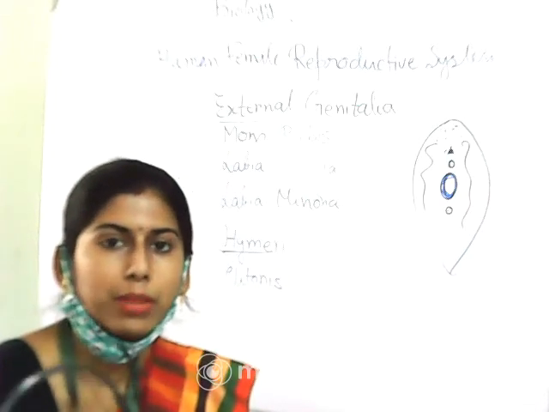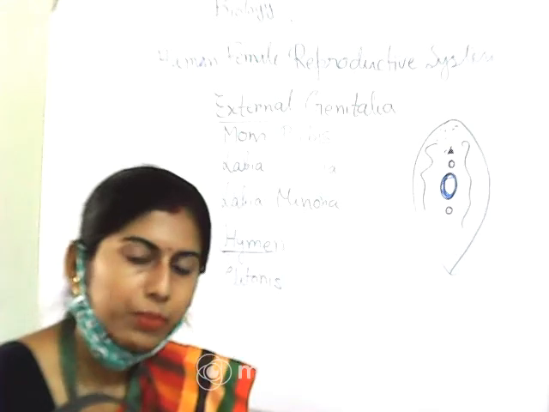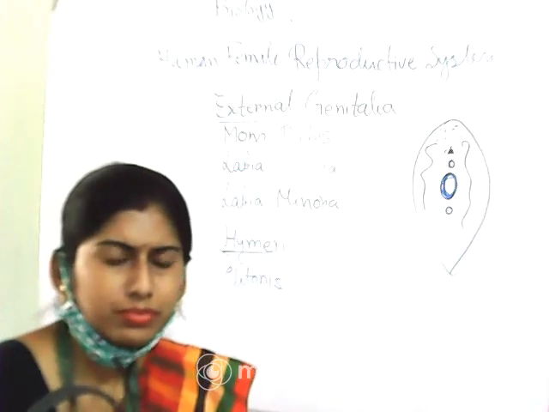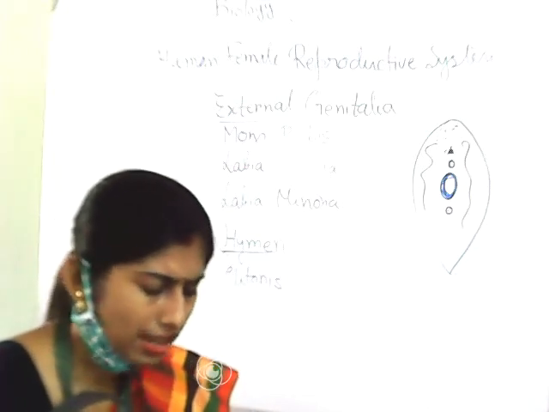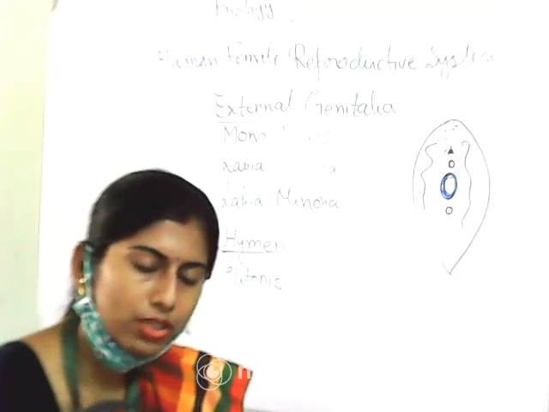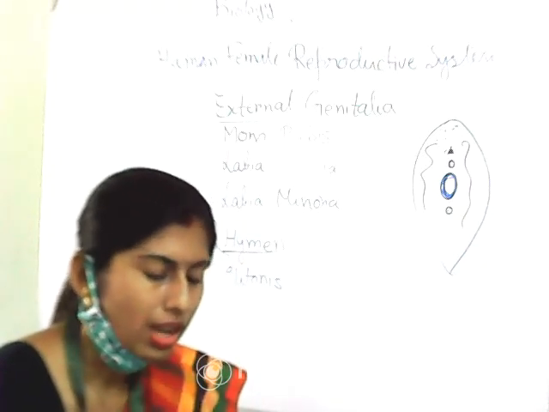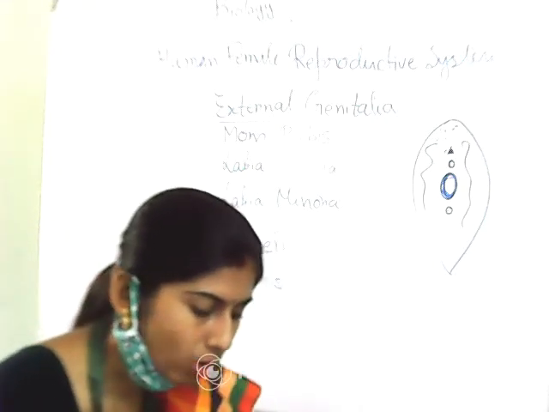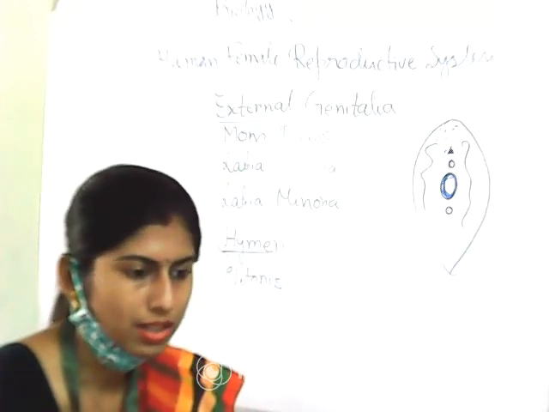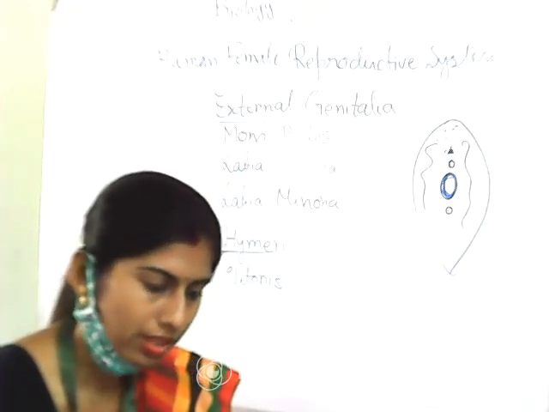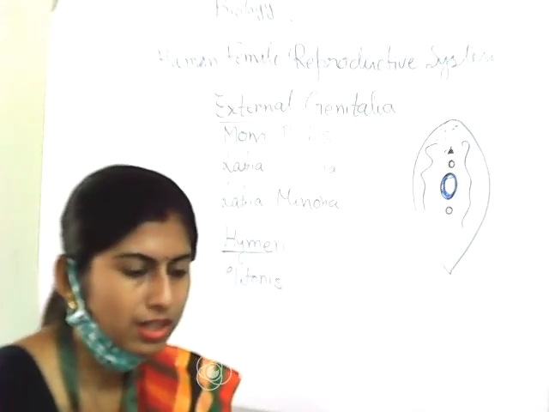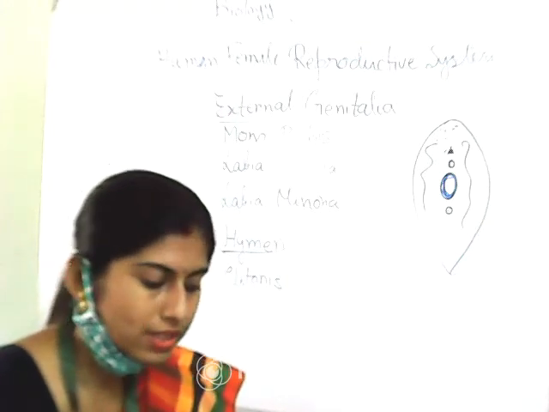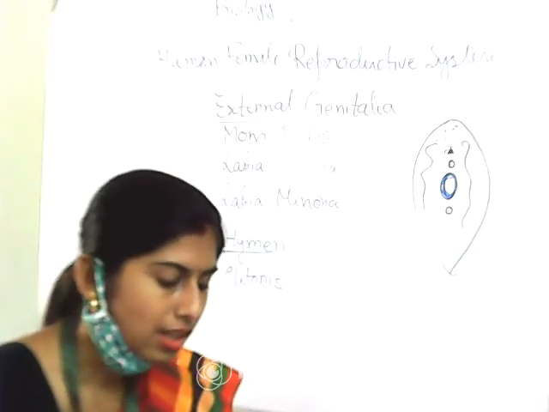The position of the hymen in different women is different. So it may be broken due to some fall or many other reasons like cycling, horse riding. So these are the different reasons by which the hymen can be broken. Clear? In my previous class I have discussed what a vaginal tampon is. So this is all about the female external genitalia.